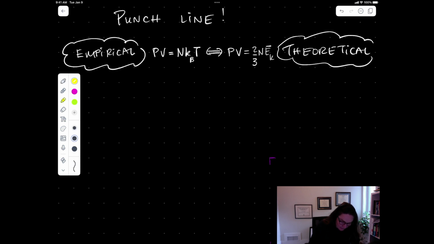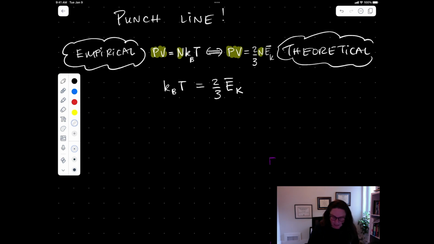And if we line these up, kind of like we do when we linearize, we're going to compare the parts that are the same. So the P and V are the same, and the N is the same. So what that means is that kBT has to be the same thing as 2/3 times the average kinetic energy of a single gas particle. And remember, this is ideal gas because we're not considering interactions with other objects or anything like that. So that means that the average kinetic energy of an individual ideal gas particle is equal to 3/2 kBT,